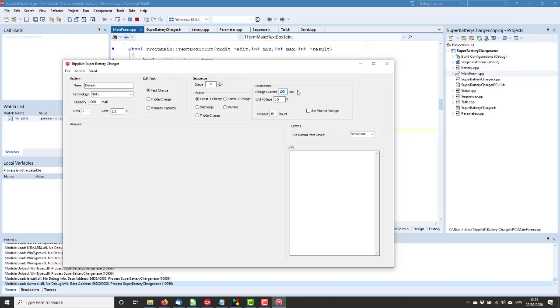printable character into this, any ASCII character, but of course if we have letters in it, it's not a valid number. So what does it do? Do we just set it to 0? And we also have a minimum and a maximum, in this case for the charge current we want to use. So for instance,